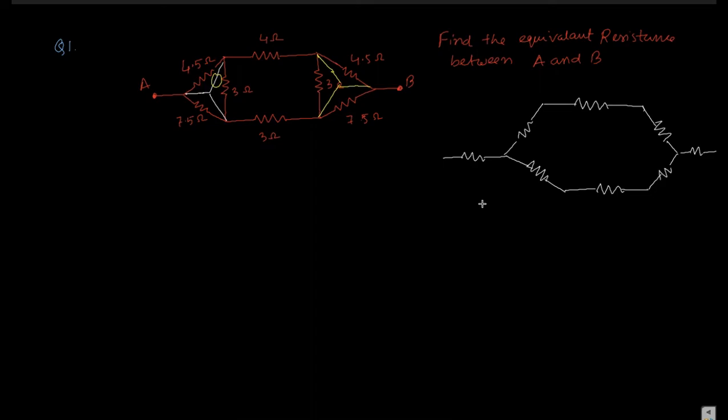So if you consider this as R1 and R2 and R3, and this becomes R4, R5 and R6, you can write, consider R1, R2, R3, anything. But what should be the value of R2? R2 should be 4.5 into 3 divided by 4.5 plus 7.5 plus 3. You got my point? When we calculate this, we take this as R2. The circuit was like this, na? The previous circuit was like this.